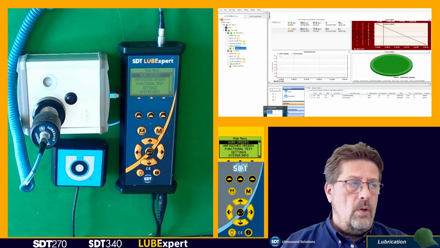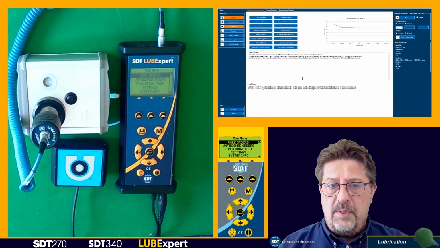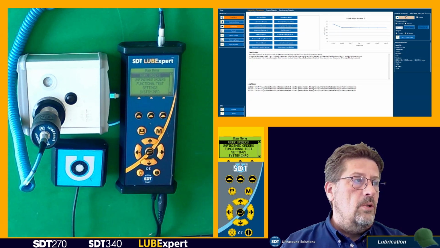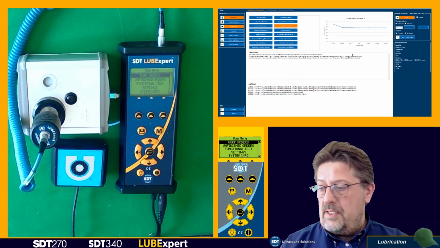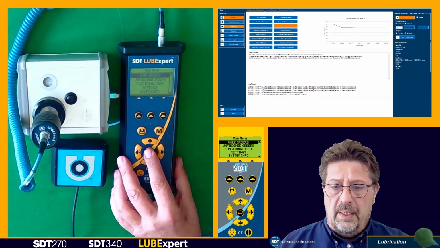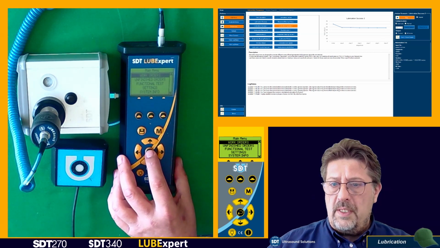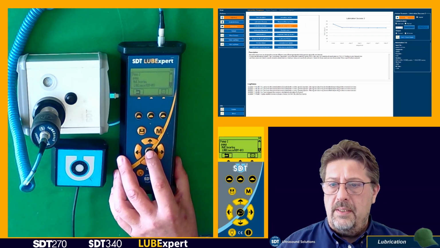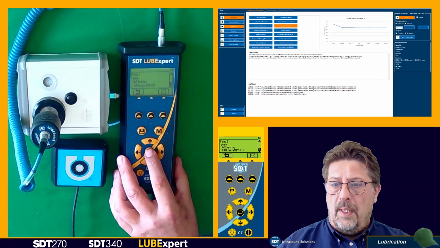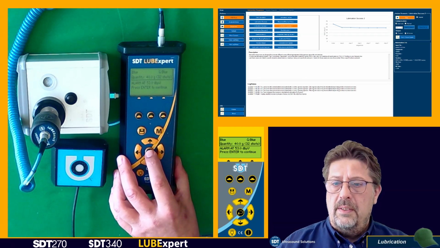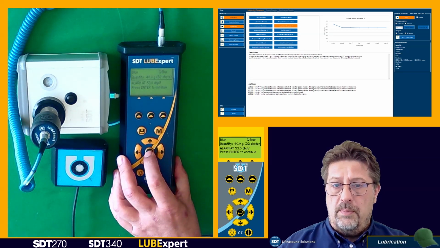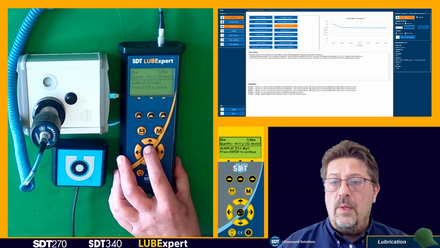Okay, so we will be using our Rhapsody box again. This time let's use another scenario, lubrication sex 2. So in our LUBExpert we will select work orders, grease task, pump number 2, pump non-drive end bearing. Okay, so we need to use a blue grease with a blue grease gun, and now we see that alarm